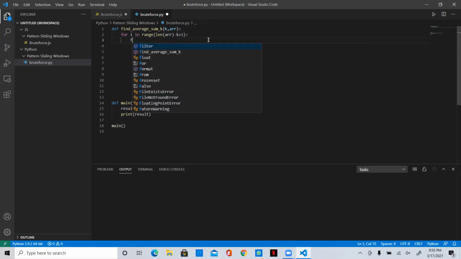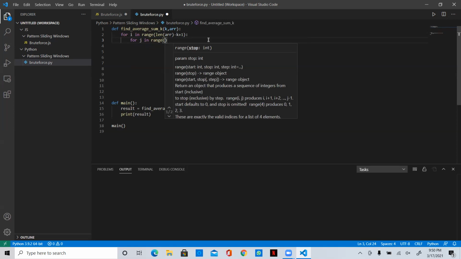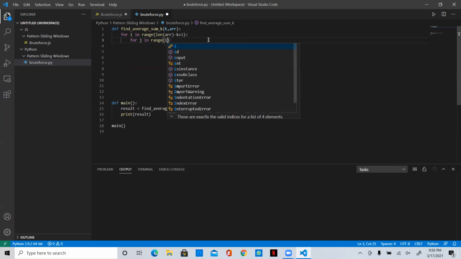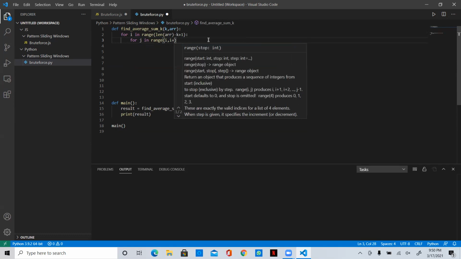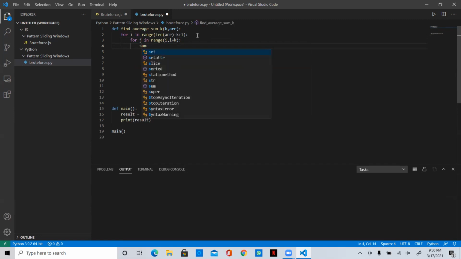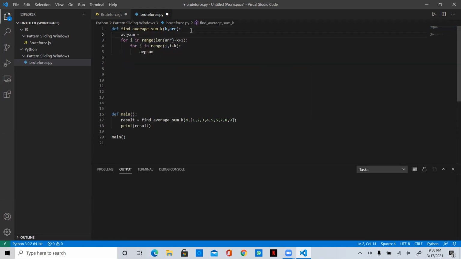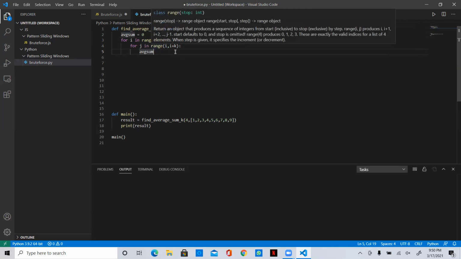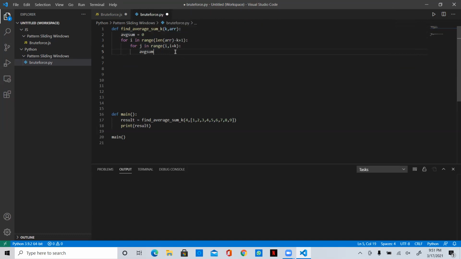And then I'll run one more loop. For j in range of i plus k. Sum is equal to 0. Average sum is 2.